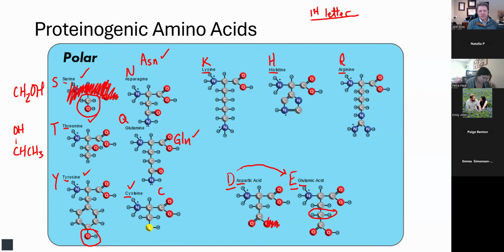Cysteine is one of two amino acids with sulfur. Now, looking at that R group right there, I want you to think about that as pretty similar to serine. The only difference is we have a sulfur, which is yellow, instead of this oxygen, which is red. So that's part of a strategy for learning the structures of serine, threonine, tyrosine, asparagine, glutamine, cysteine, aspartic acid, glutamic acid, if you really want to know these very well,